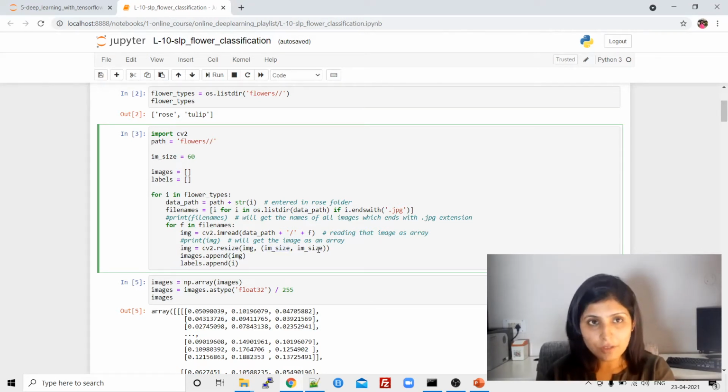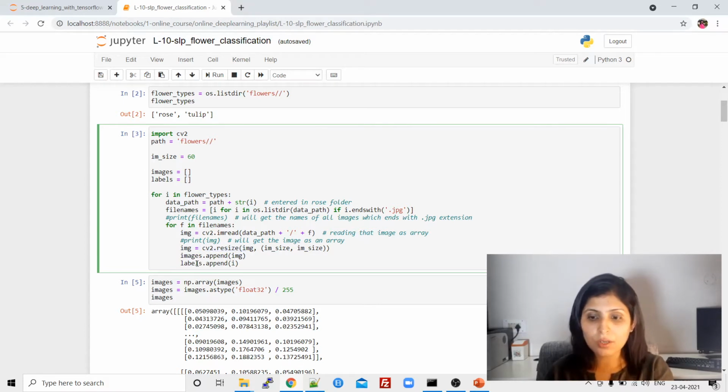After resizing the images, we are updating this images list, which is blank, where we want to store the resized images. Images is a blank list, and we are using an append method. Append simply means we keep adding new data after every iteration. So we update this images list, which is blank right now, with this image. Which image is this? The resized image. See, we have performed the resize operation on it, right?